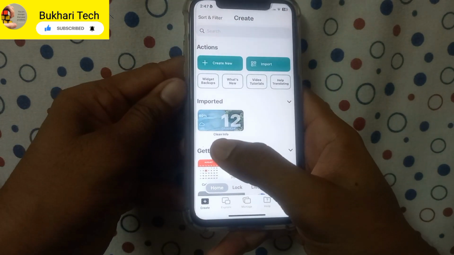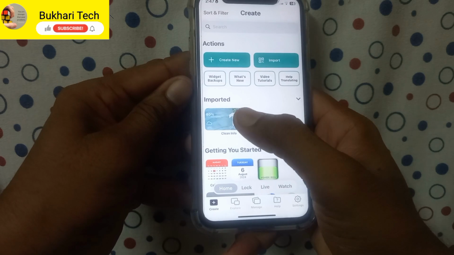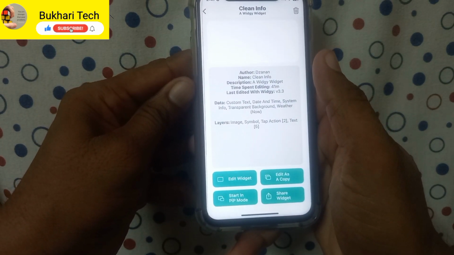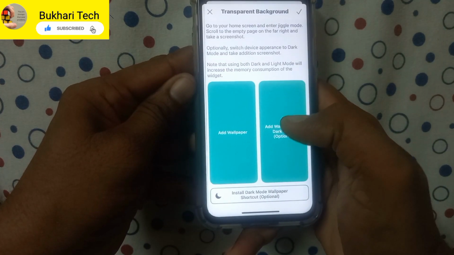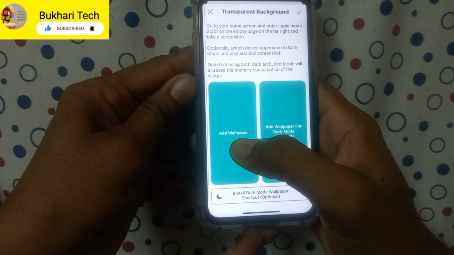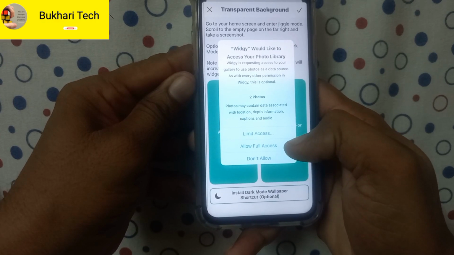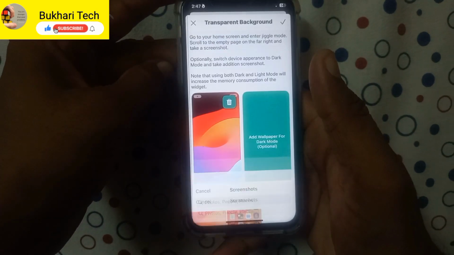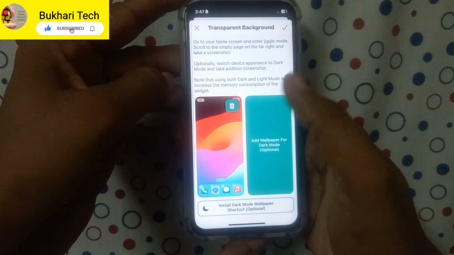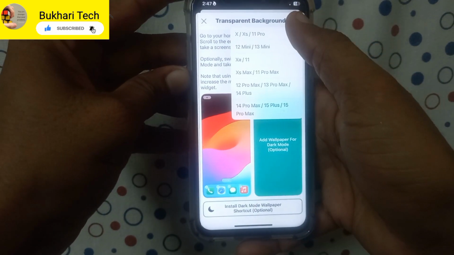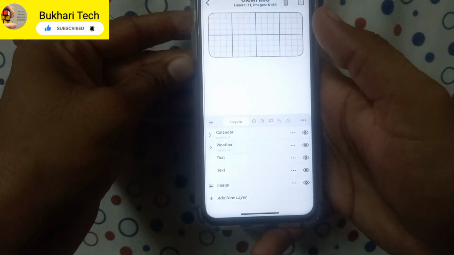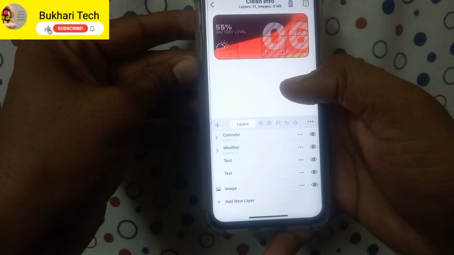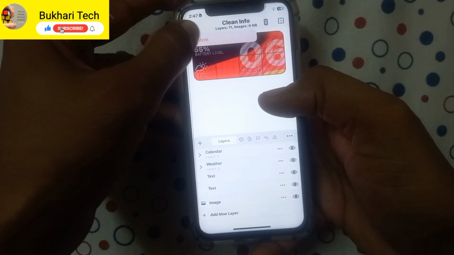You can see clean info is here, so tap clean info, edit widgets, so add your wallpaper, allow full access. Now tap on screenshot, so tap on done. Okay, now you can see our widget is created. So go back, confirm,